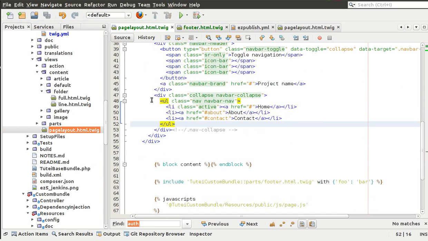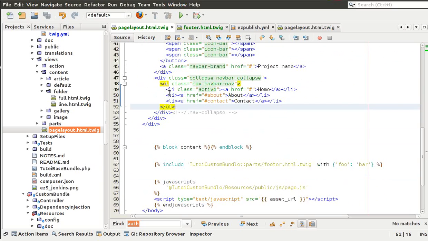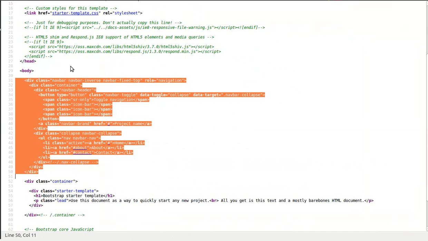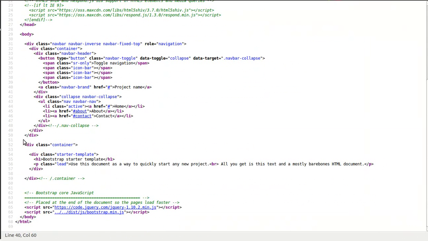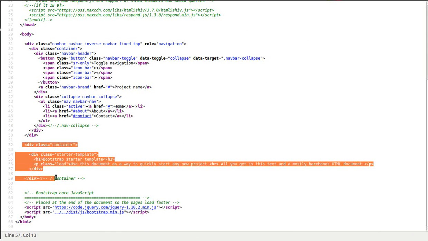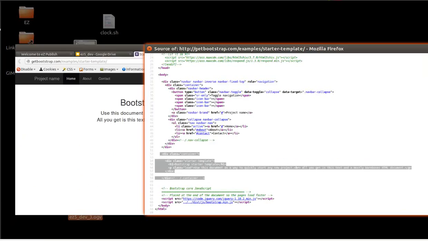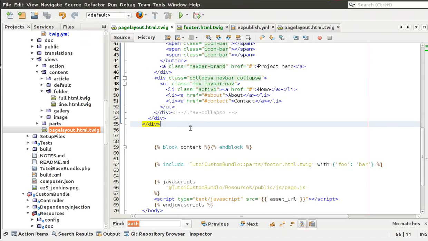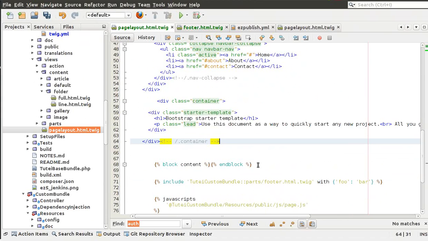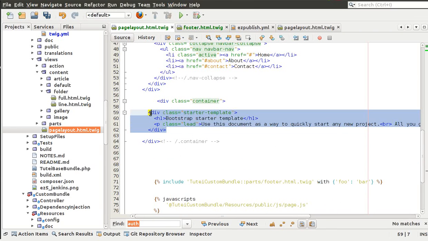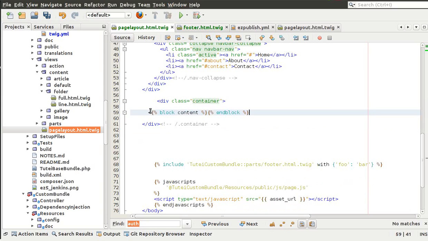We will create this top menu area later in this tutorial series. Now let's go back to our Twig template code, and we have the content area here. So in the content area, you need to put this content block somewhere here. So I'm just going to put it here, okay, and